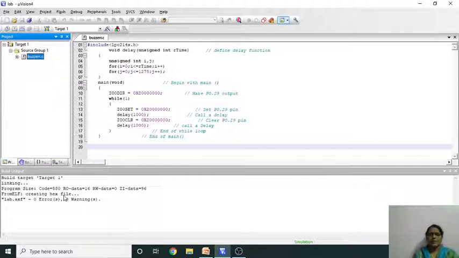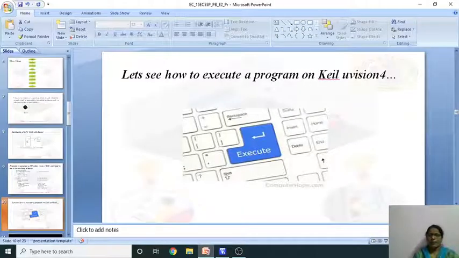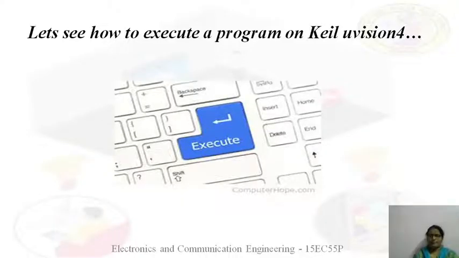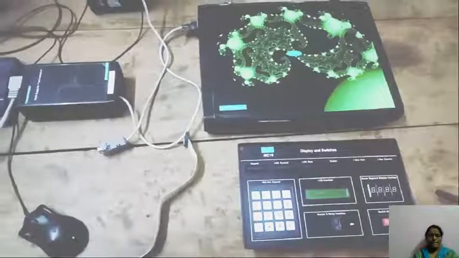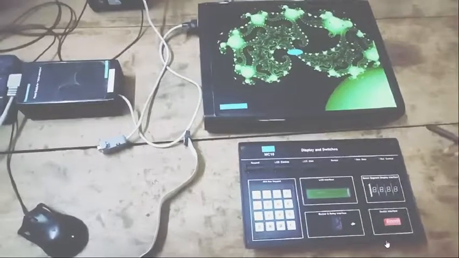Okay, so let's see how we can dump this program on the target board. We'll start with the demo.